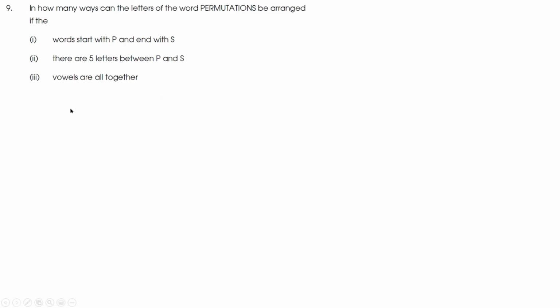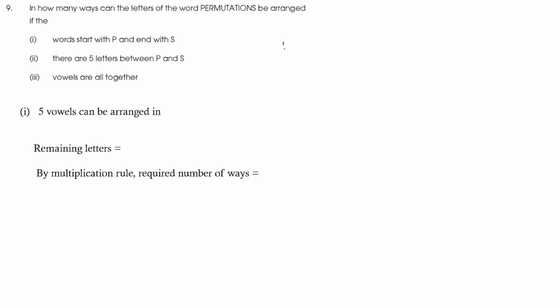Now the next subdivision. In how many ways can the letters of the word PERMUTATIONS be arranged if the vowels are all together? Now the vowels are here. Vowels are E, U, A, I and O. All the 5 vowels are here. So the 5 vowels can be arranged in 5P5 ways, which is 5 factorial. Now after removing these 5 vowels, the remaining letters are